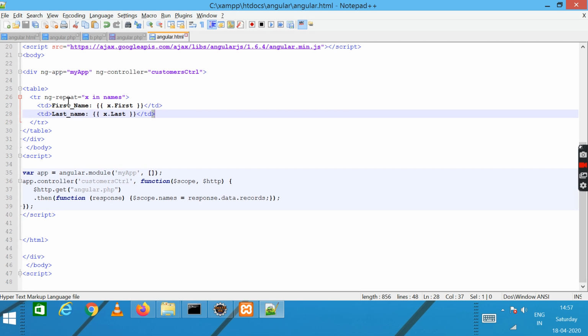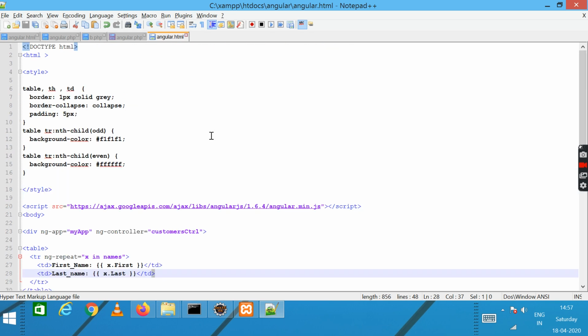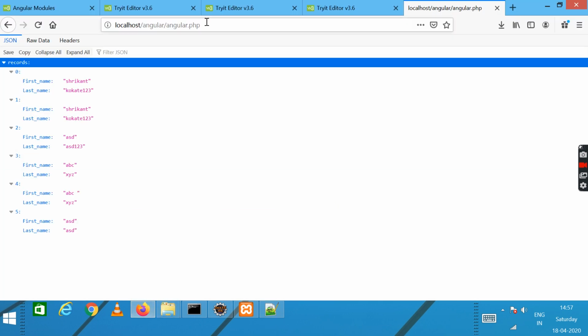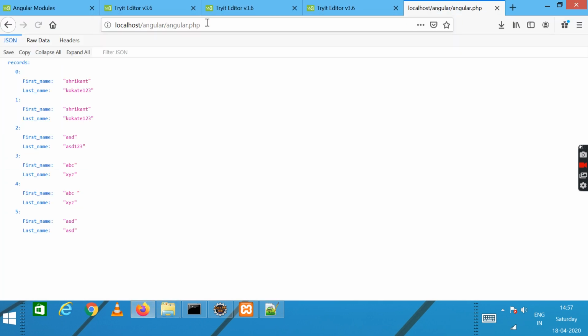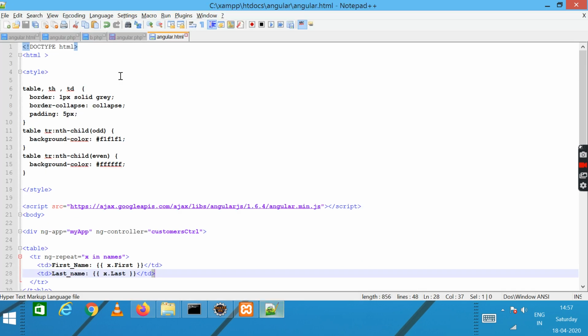So this we have printed. It will print each value of x in the form of td for first name and last name, and it will apply the CSS which we have written. If you run AngularJS, you see this data. This JSON data is sent to the front end. Which front end?